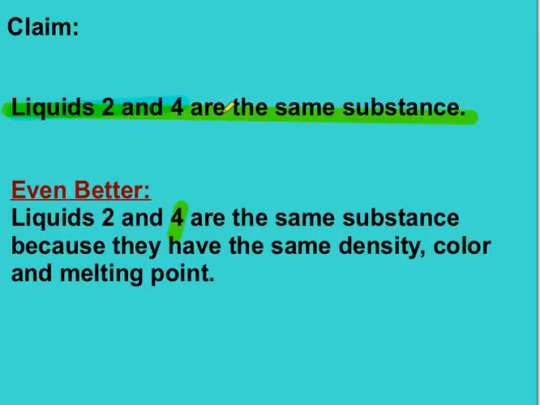It says liquids 2 and 4 are the same substances. If you just said liquids 2 and 4 are the same, you'd probably have a 3 because the same what? The same substance. Or if you just said 2 and 4 are the same, you'd probably have that 3 because it's a little vague yet. This is much more detailed, because it says liquids 2 and 4 are the same substance. So go ahead and fix your claim if that's what you need to do, and make sure you